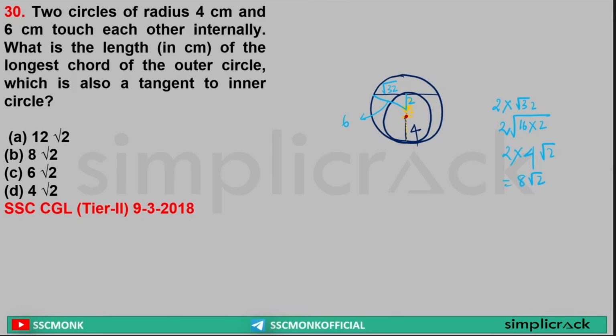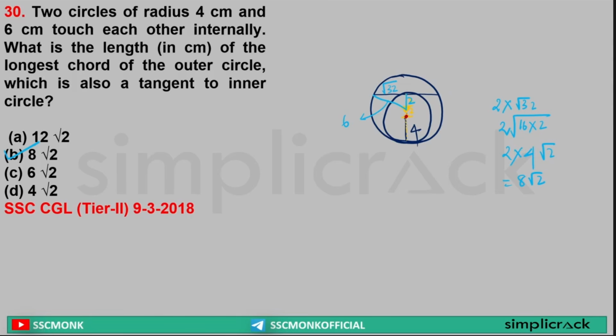Clear? Yes or no? Got it? Just use the logic. There is nothing very difficult over here. It is saying the larger circle is 6 centimeter. So if I take any point over here, that point should be larger than 4. So it should be somewhere here. And if this distance is 2 and this total distance for this smaller circle is 4, I got it as 2. Clear? Let me change the color